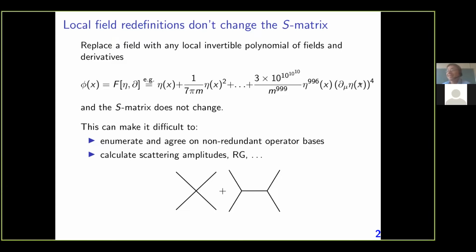However, that operator is going to combine with all of the other operators that this term will generate in order to just reproduce the S matrix of phi to the fourth theory. And so that implies that there is a lot of structure in how EFT Lagrangians map onto amplitudes. And at the end of the day, this is a lot of the reason why EFTs can be difficult, this field redefinition redundancy. It makes it difficult to enumerate a non-redundant operator basis, which is going to span all observable effects and amplitudes. And it just makes it difficult to calculate scattering amplitudes themselves and anything that you might derive